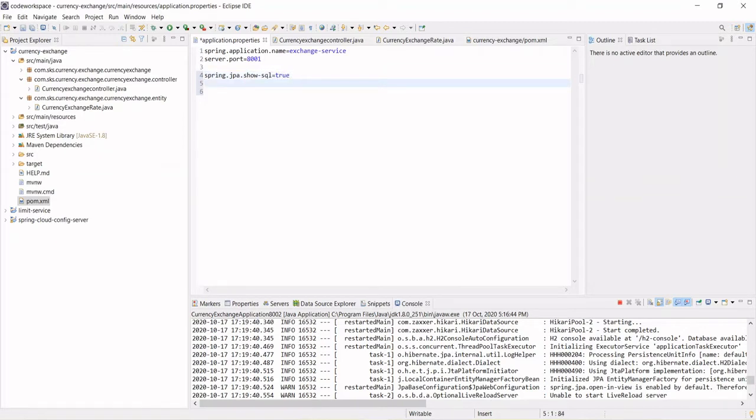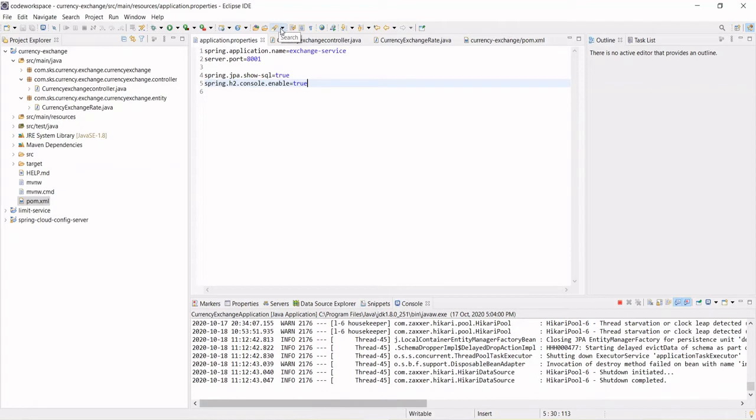Okay, and thereafter, I want to see the database table details in the H2 console. So for this, spring.h2.console.enabled=true. That's it. You don't need to do any other configuration, Spring Boot will do it for us.